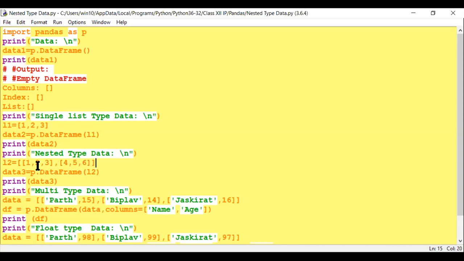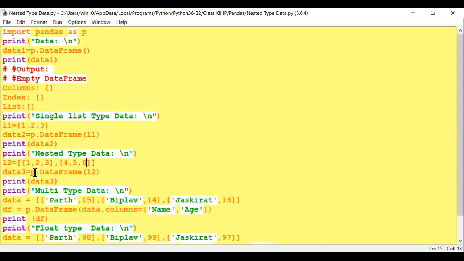Inside the outer block you are assigning an inner block. So it is called nested data. So L2 equals an empty list, with beginning and end brackets. Inside this, you can enclose another bracket, which encloses values, comma. This is another block. Values are assigned here.